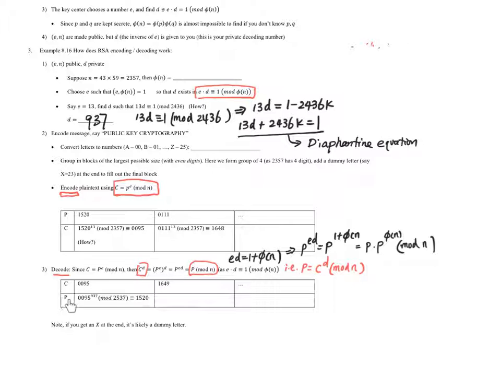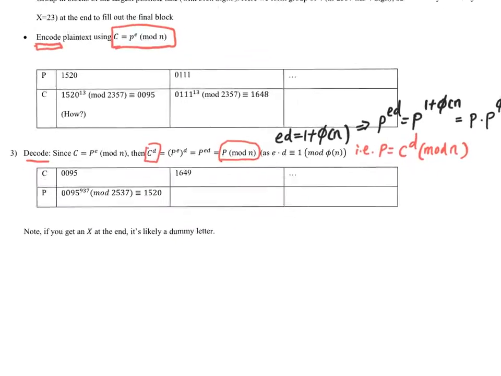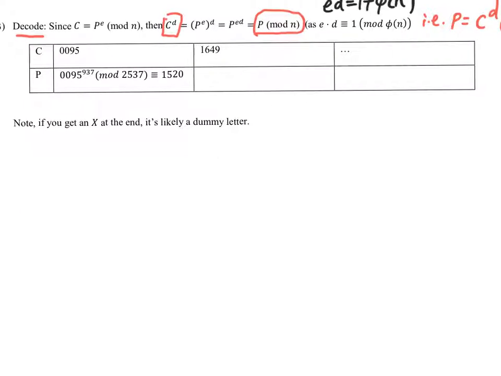So how do we recover the p? From the 95, which is the ciphertext, you raise to the power d, which is 937, mod 2537. So let's look at how we are going to do that. Basically, we are going to take advantage of the Chinese remainder theorem. This 2537 is equal to 43 times 59, the two numbers we picked. This is what we want to figure out: 95 raised to 937 is congruent to what